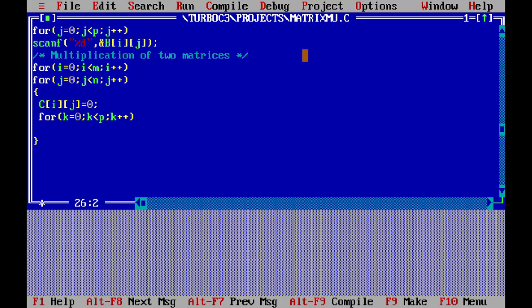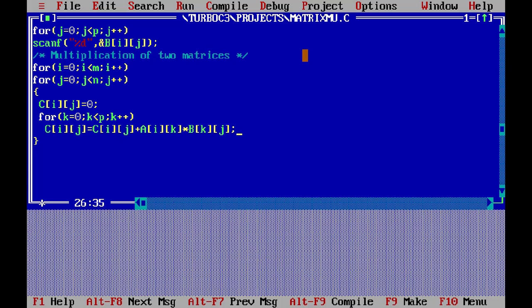Okay, so within this I am doing the multiplication. C of i j is equal to C of i j plus A of i k star B of k j.